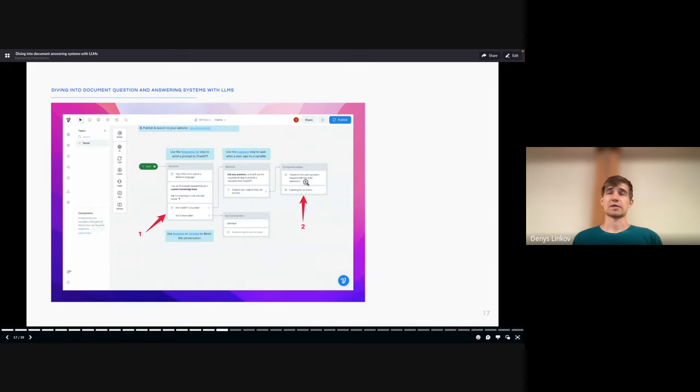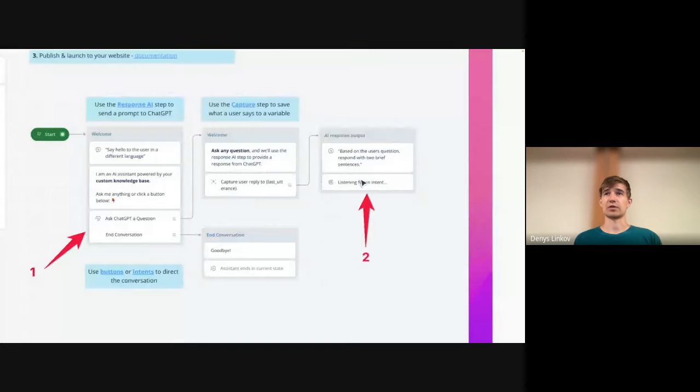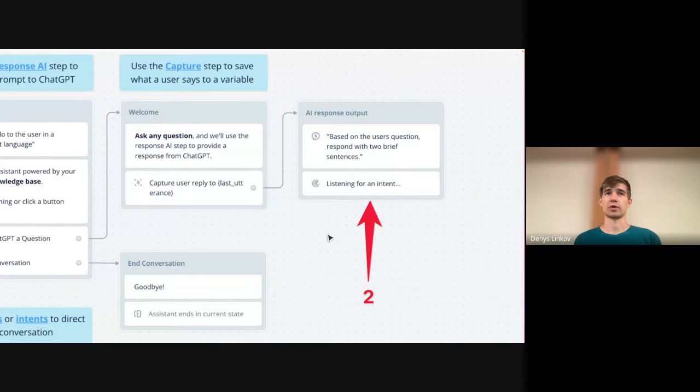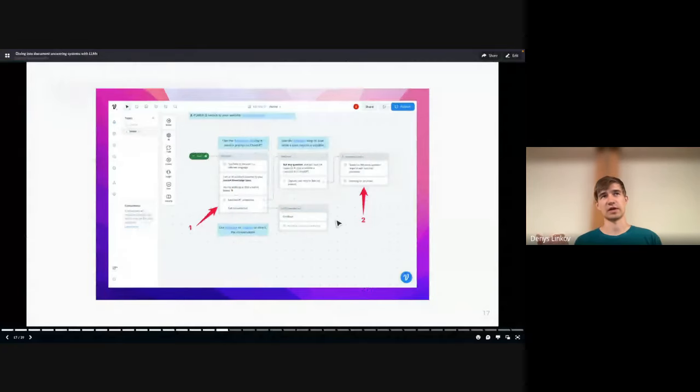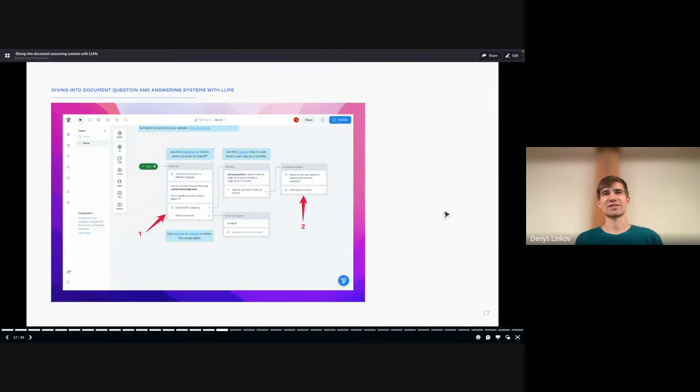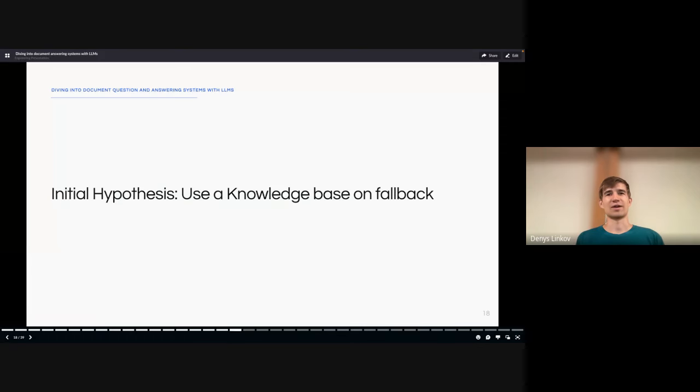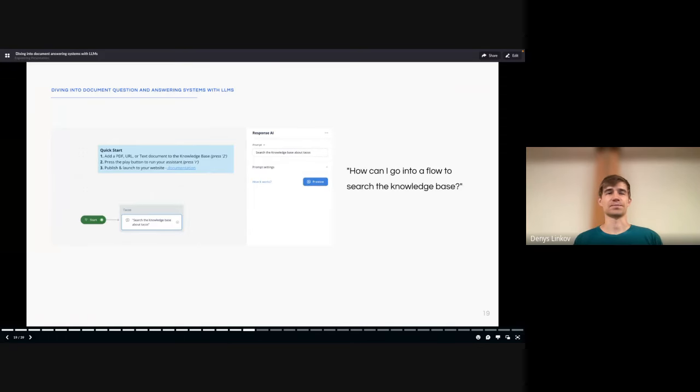It kind of looked like this. You'd have a chatbot going, and when somebody says something that you don't know how to answer, you hit something called the none intent, so it didn't match what the user said, and you go ahead and hit that knowledge base fallback. That was the initial design, but people wanted something else. People wanted more, which is a good problem to have.